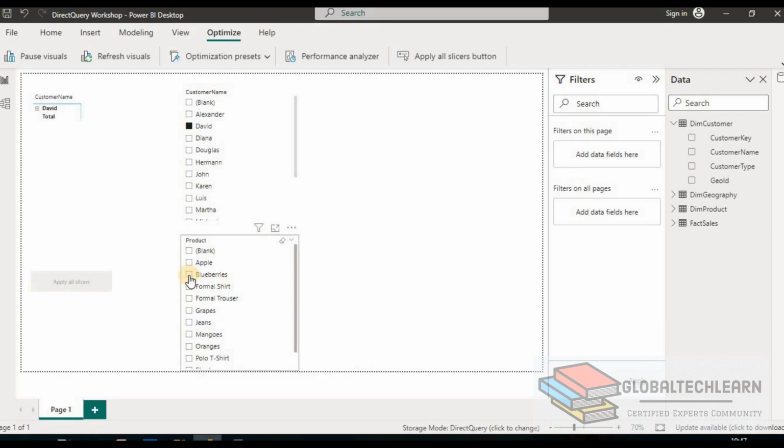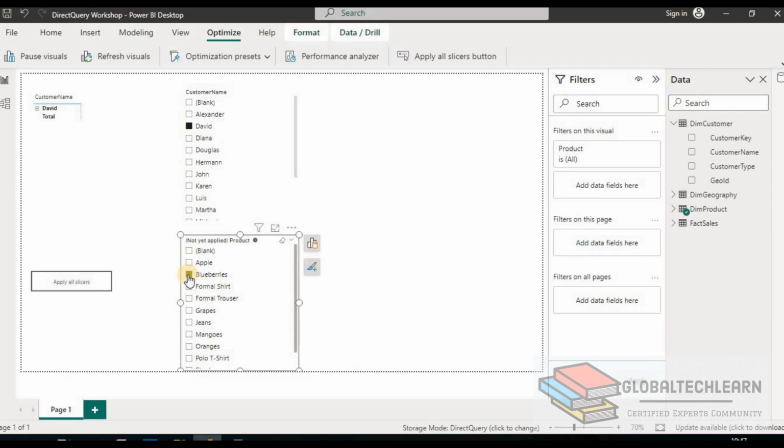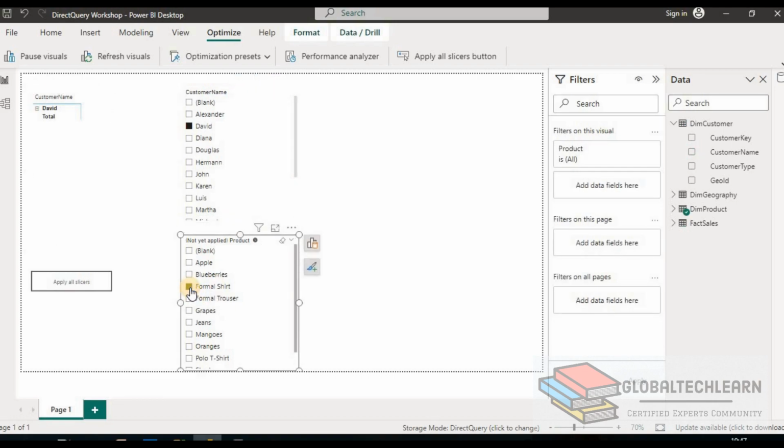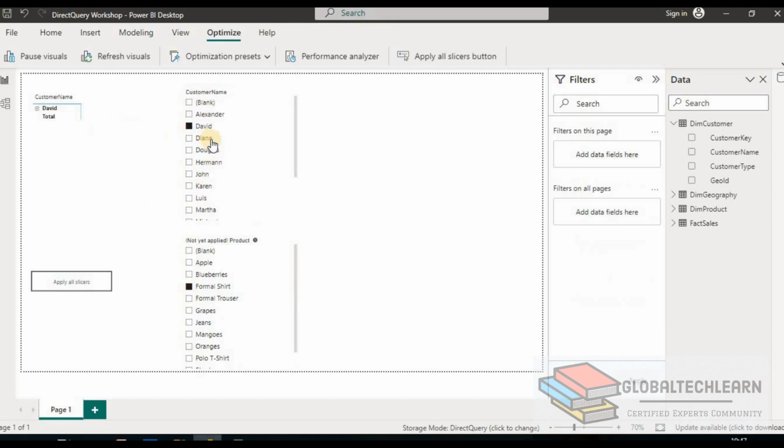And here when I apply any filter on the product table, you can see there is no refresh for the other visuals, that is the customer name slicer. Let me select one more product, formal chair, and you can see there is no refresh for the other